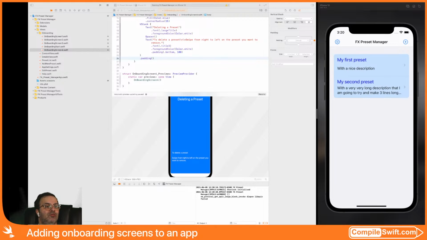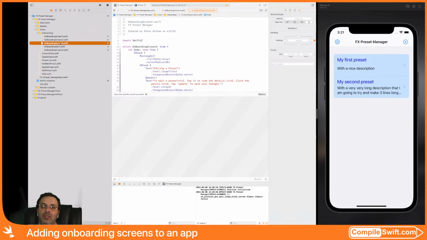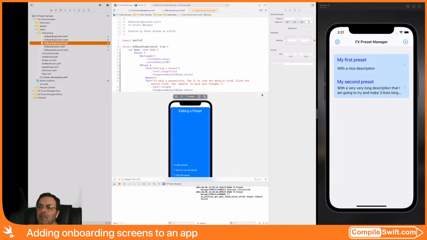All right, so here's your preset. Like it says for the delete, you swipe to do that there and hit delete, or you swipe all the way across. On the third screen, where it says about,